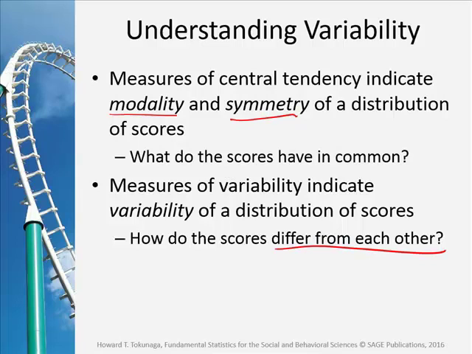So if the mean can be a measure of how similar the scores are, that's probably the best example of a score. A measure of variability is going to tell us how different they are from each other. Okay. We need these measures of variability,